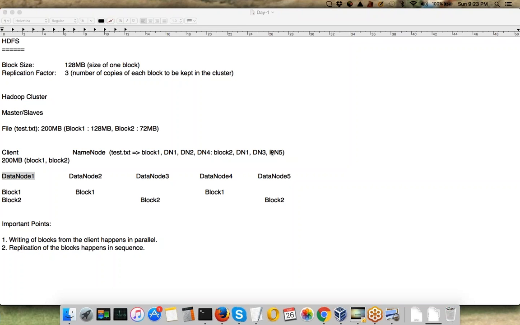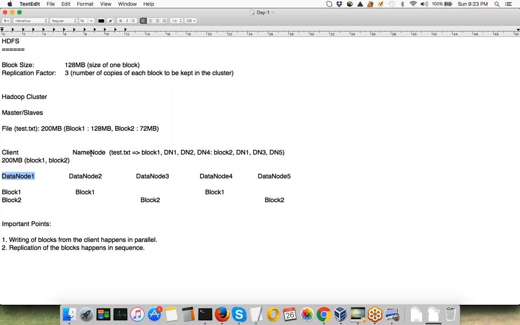So it is not the responsibility of data node, it is the responsibility of name node. So name node, as it keeps metadata of every block with it, will know where exactly this block should go. Okay, so let me just explain once again. Let's say your name node is master of your system, right? To begin with, name node knows about what all data nodes are present in the system. It knows there are 5 data nodes in the system, and also let's say name node knows the capacity of every data node.